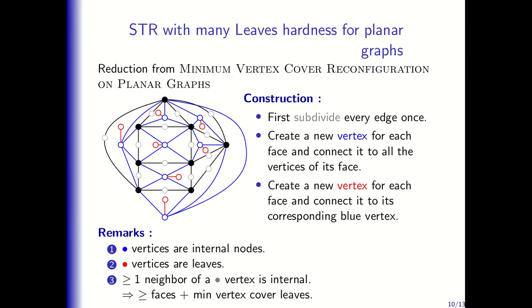Okay, and so now the idea is just to show that when we have vertex cover reconfiguration, we can adapt it into a spanning tree reconfiguration with that precisely, so the complement of that. Instead of leaves here I should have written internal vertices. Okay, and conversely the same holds. Okay, and so we have to check that carefully, but the proof is not that complicated.